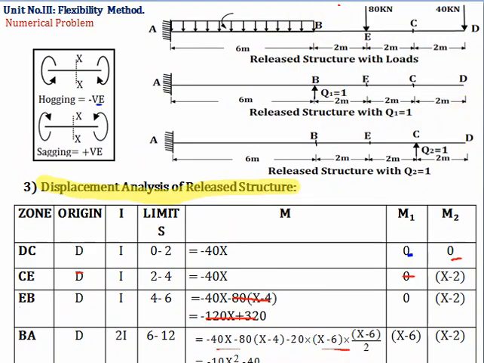We'll take the section in the second figure and we'll measure x from D. Now again in this portion there is no load, so again the value of bending moment is 0. Now we'll take the section x in portion EB of the release structure with Q2 equal to 1. Okay, now here,